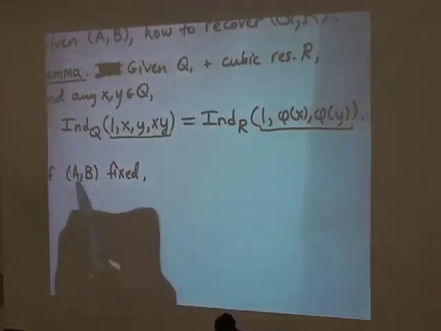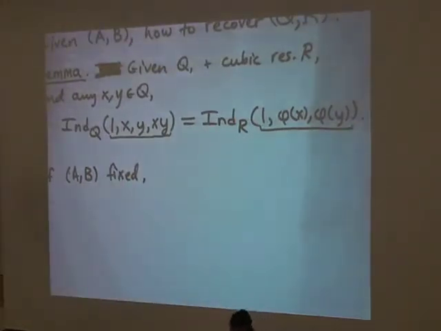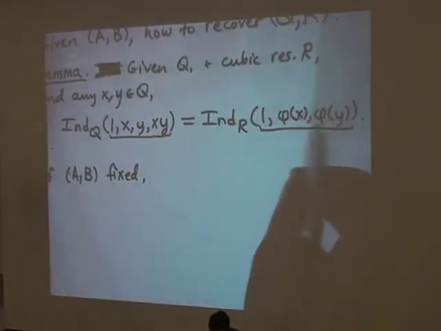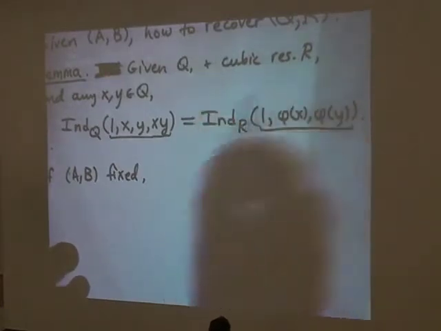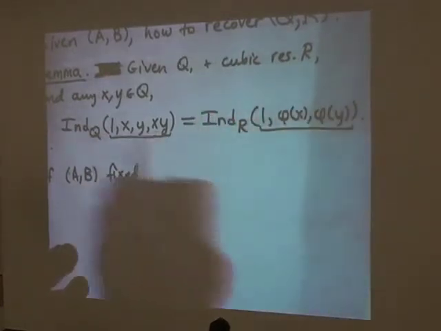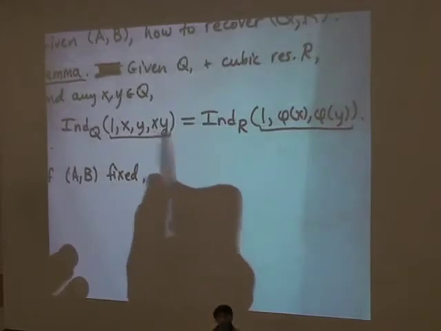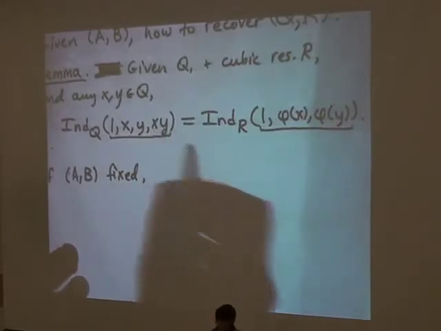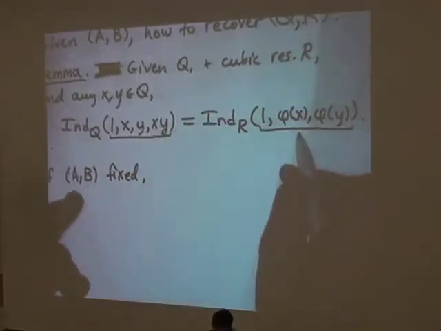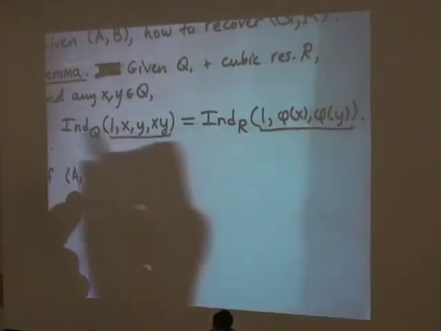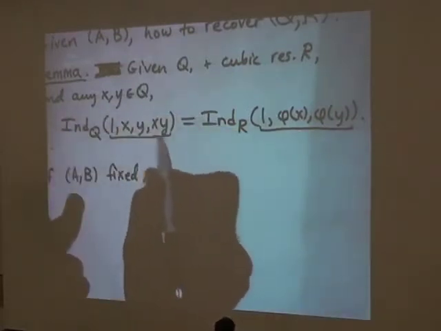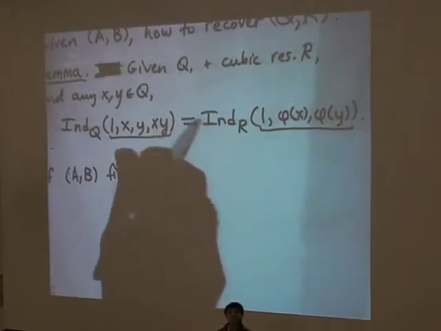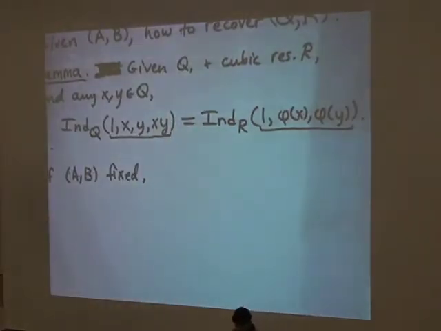this pair of ternary quadratic forms is exactly the map phi. So if AB is fixed, that means you know phi. And if you know phi, then you understand this side, and therefore you understand this side, and therefore you understand multiplication in Q. That's sort of the point. But this side involves multiplication, and so that fixes the multiplication law on Q. So let me just explain how that works. If AB are fixed,